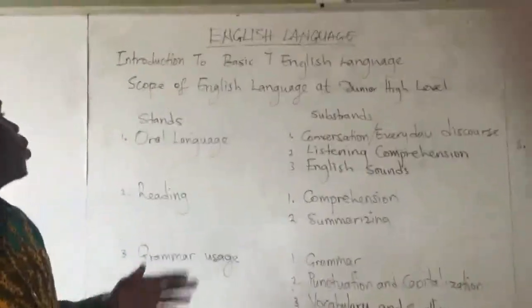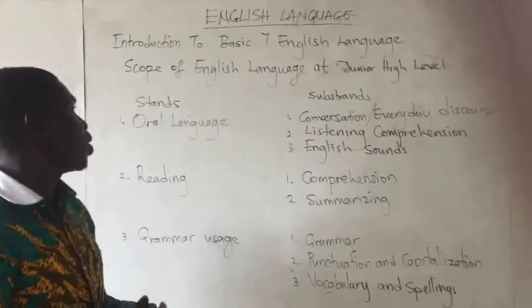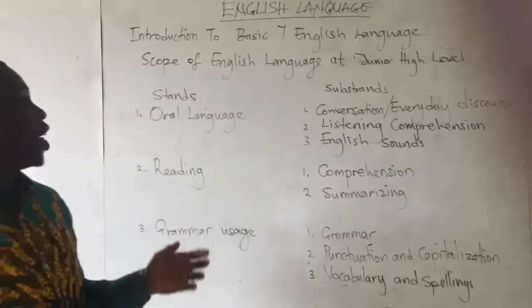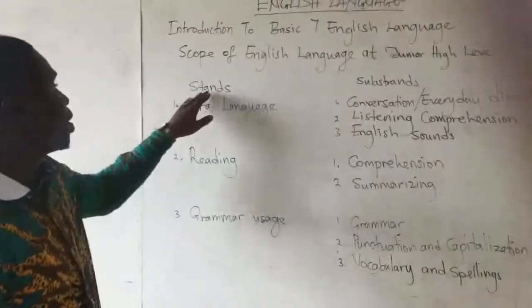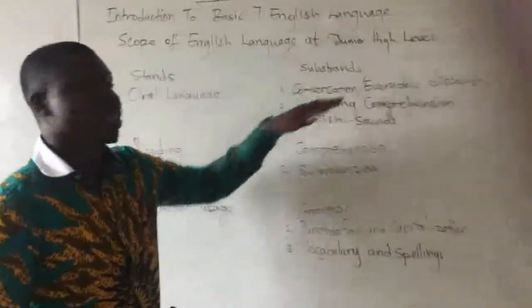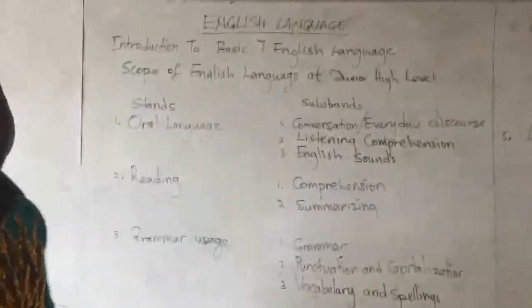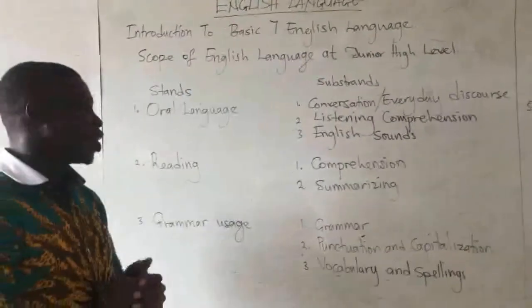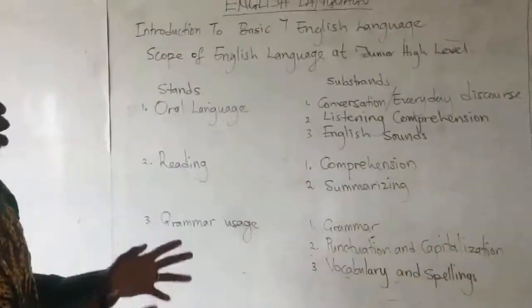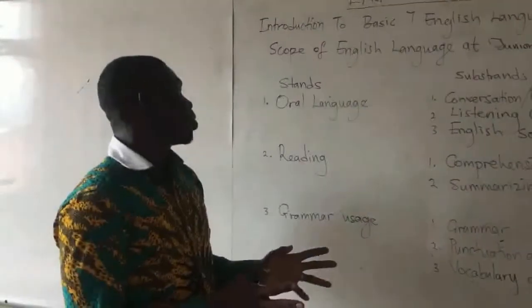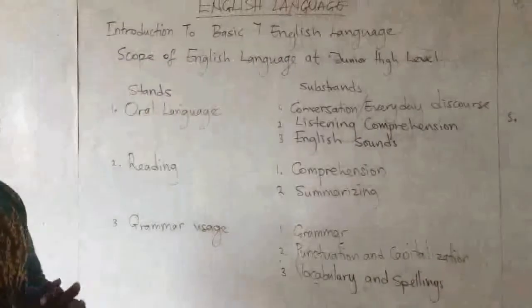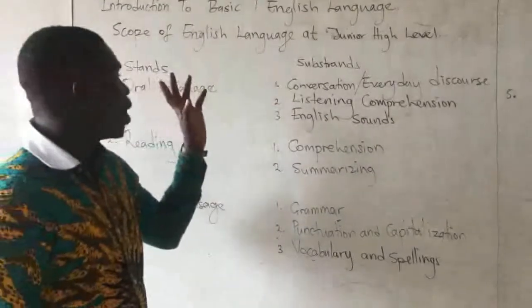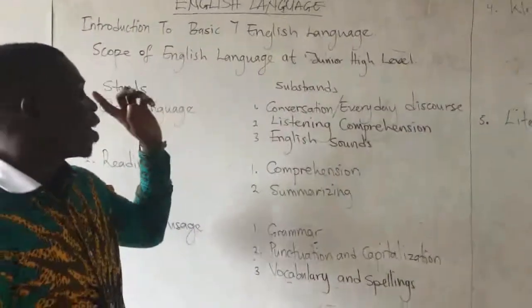All right, so first of all, I'll take you through the scope of English language at the junior high level, as we have on the board here. Some of you already are familiar with how we say strands and then substrand, because that was what we were dealing with in Basic 6. So when I say strand, you know what strand is. When I say substrand, you know what substrand is. So at this level, we still have oral language as our strand, as you already did. But at this level, under oral language, we shall be looking at